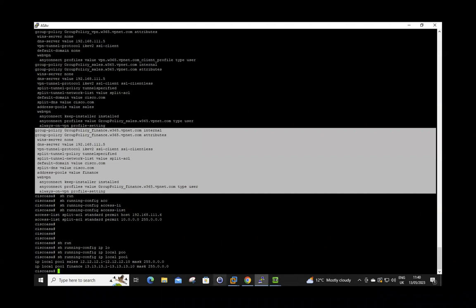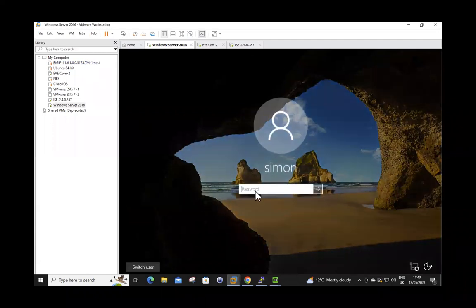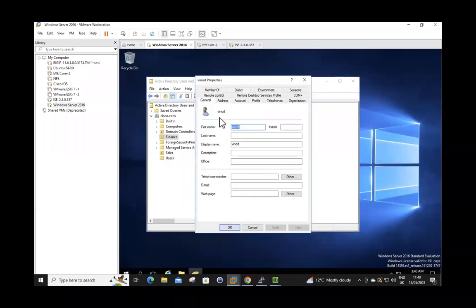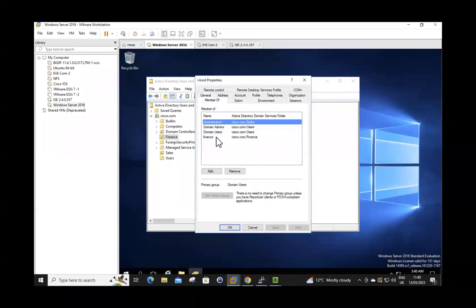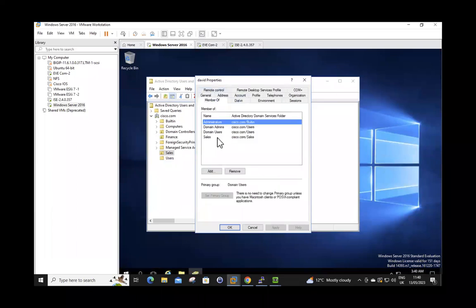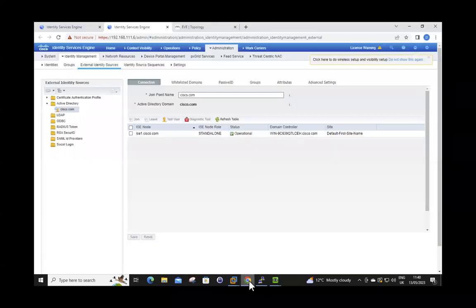I think I did show you my domain controller. User Vinod is indeed part of the AD group finance, and sales user David is indeed part of the AD group sales. And what else? Let me show you